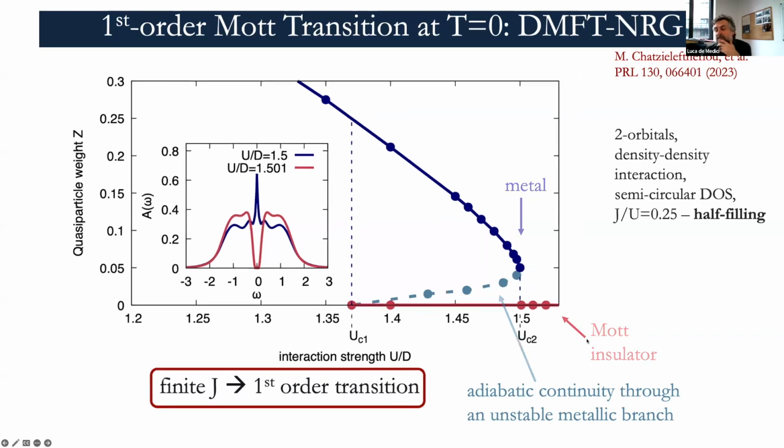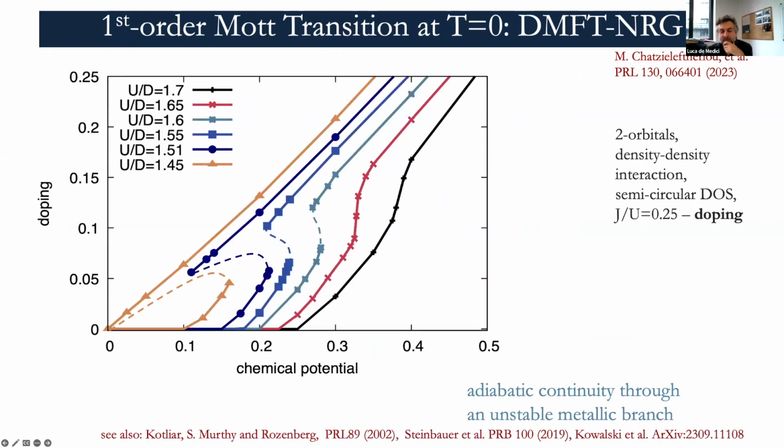And when you move the chemical potential, what happens is that the metallic solution is immediately doped. As you see here, when you move the chemical potential, you get doping. Whereas the coexisting insulating solution has a plateau, and it's eventually doped. And still we see that there is an adiabatic connection between these 2 solutions, which is then metallic and also immediately doped as soon as the chemical potential is non-zero. And once you increase the interaction and go beyond the U for the coexistence zone, this